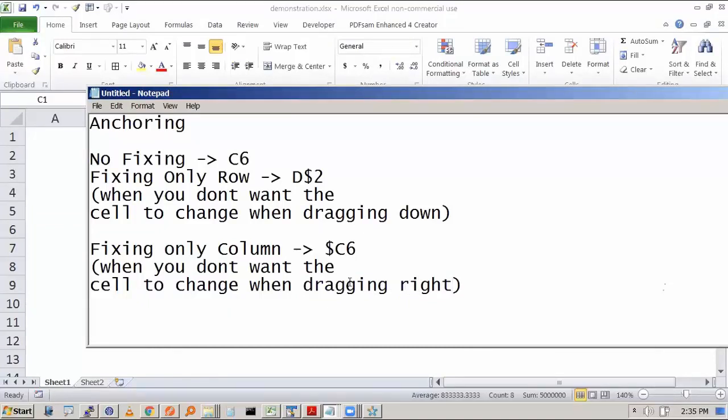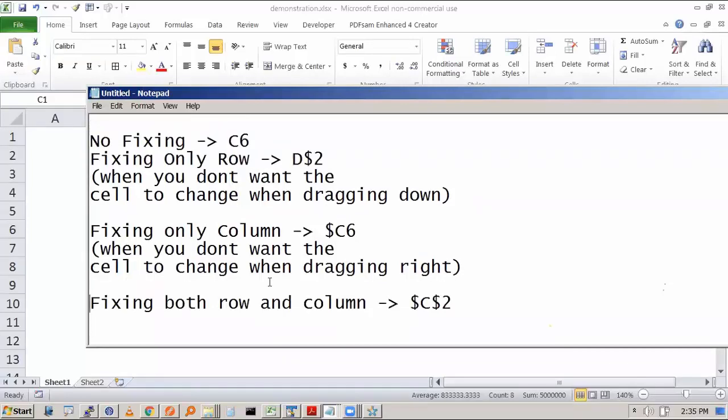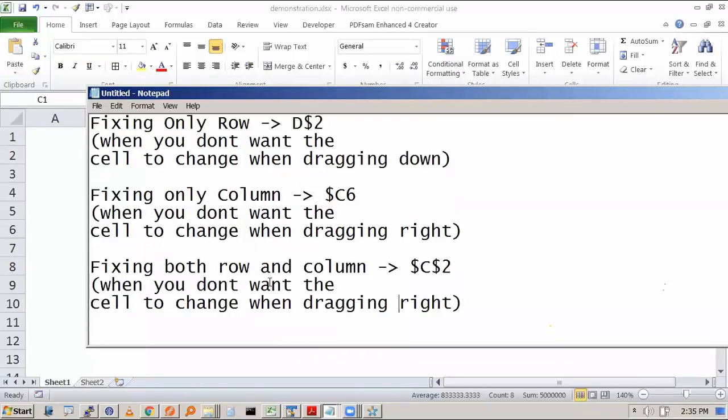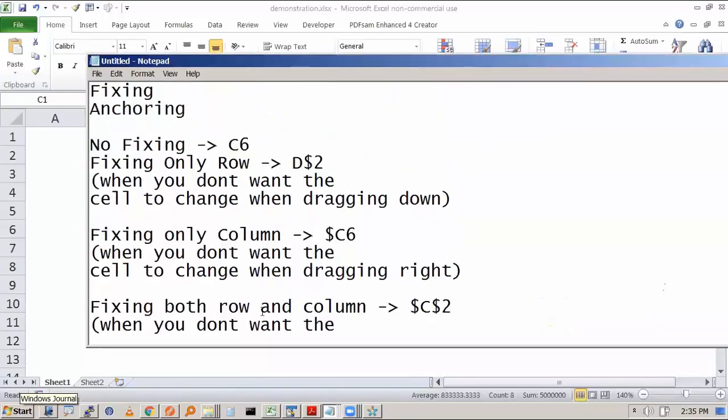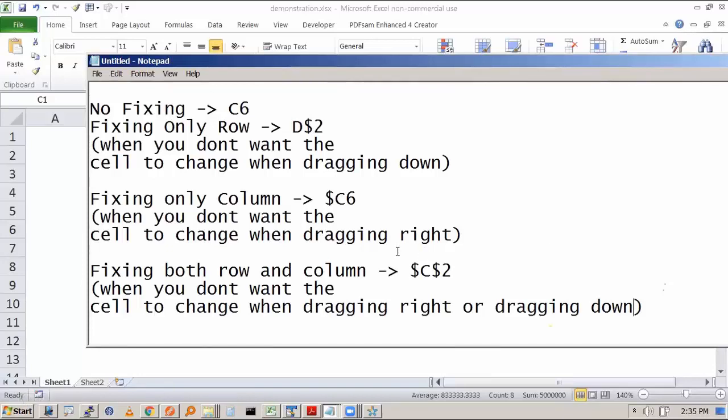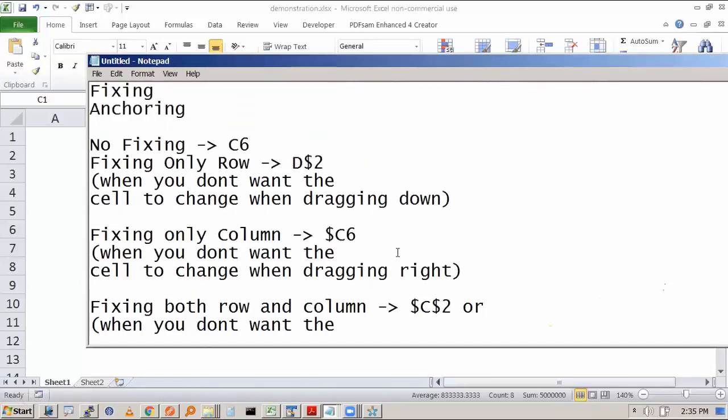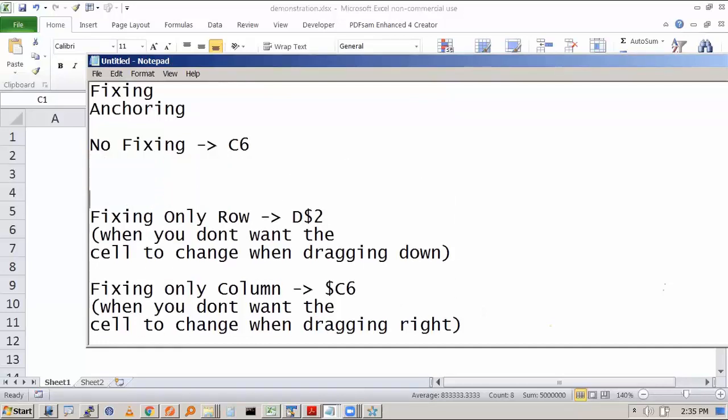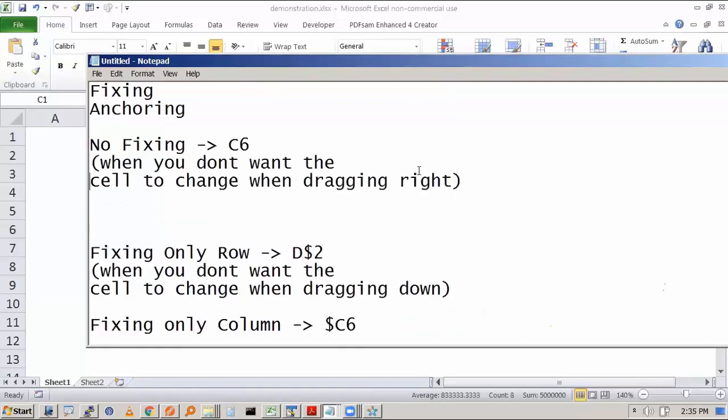And when you want to fix both row and column, when you don't want the cell to change when dragging right or dragging down, then you should use full fixing, both row and column. And you should have no fixing when you want the cell to change when you are dragging right or dragging down.